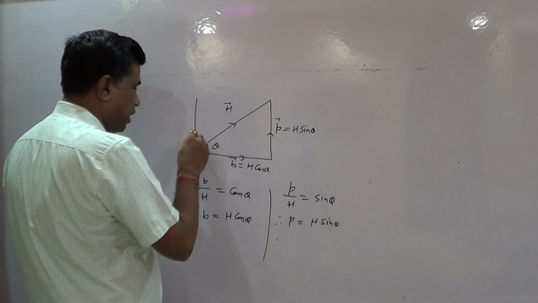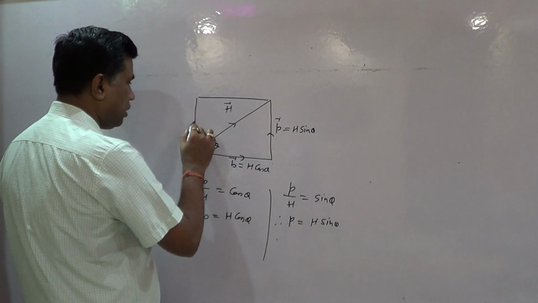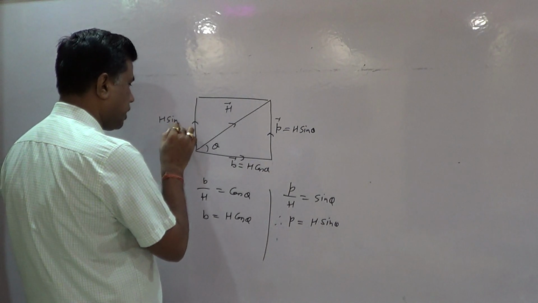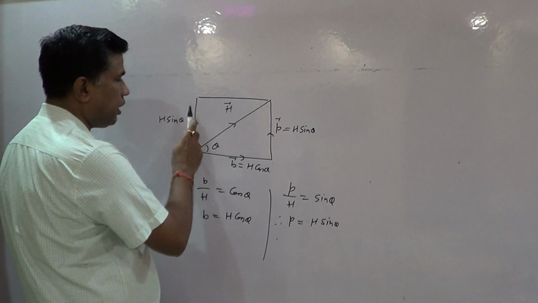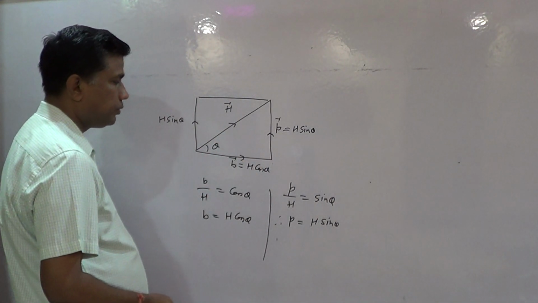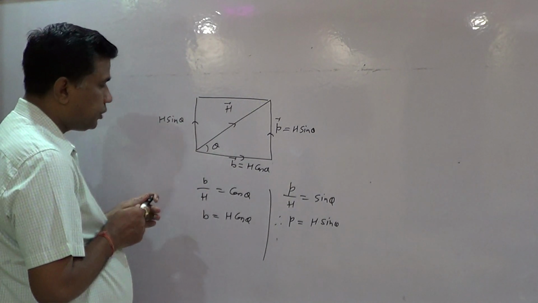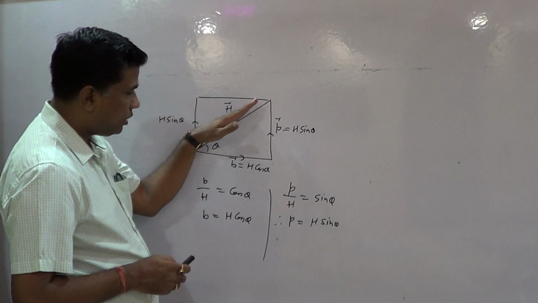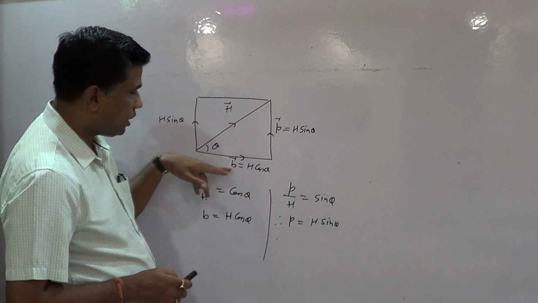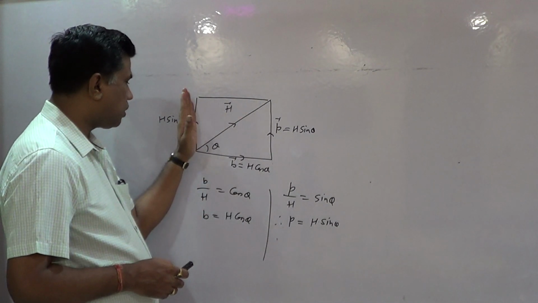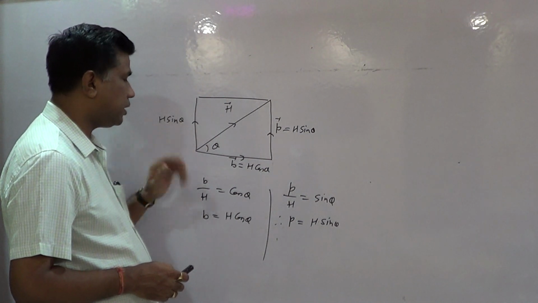If we draw a parallelogram like this, if this side is h sin theta, then one can write this side also h sin theta, which is equal to the perpendicular, because in a parallelogram these two sides are equal to each other. So student, you can take care that if there is a vector h, then it has two components. One is called the horizontal component, it is h cos theta, and this one is the vertical component, which is h sin theta.